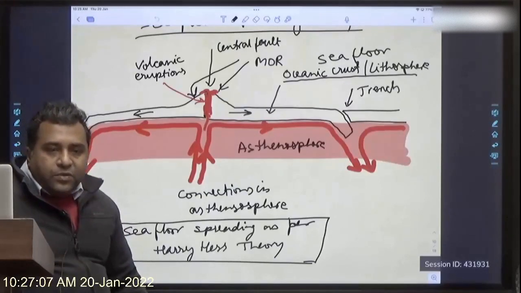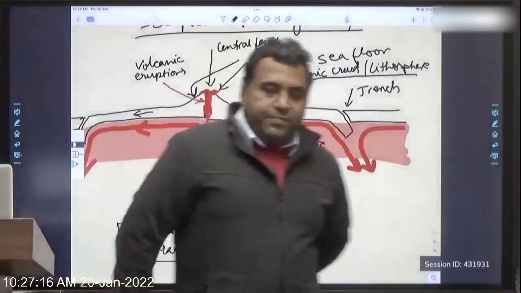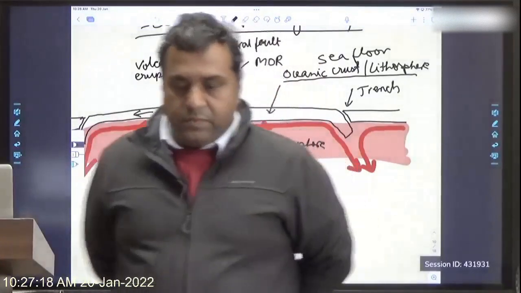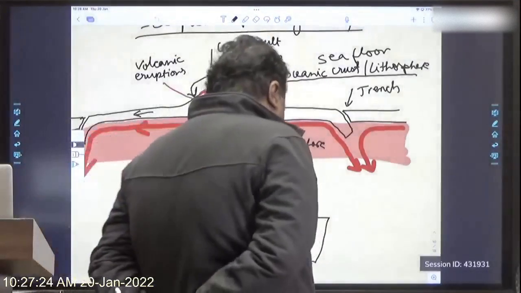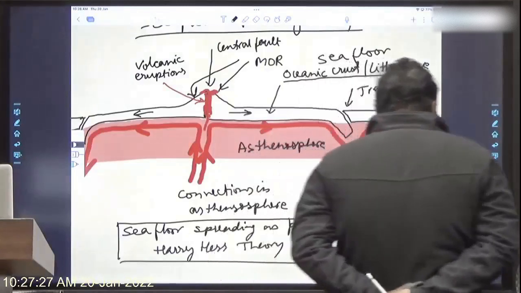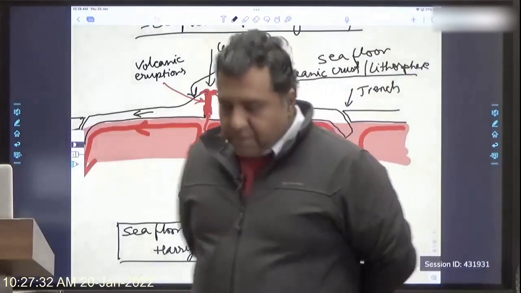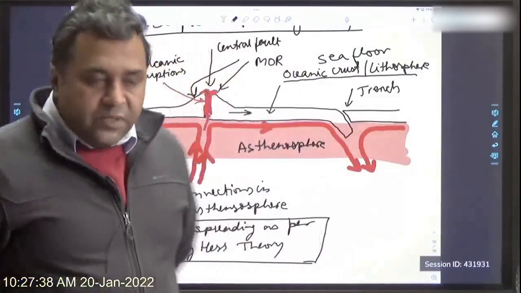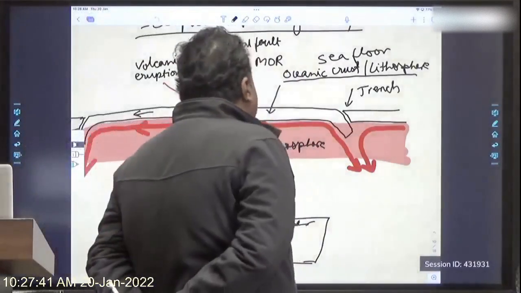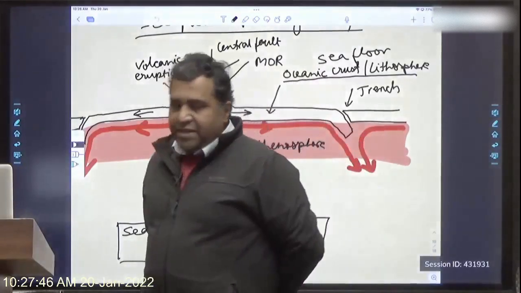So now, the ocean floor is still being created at the MOR and destroyed in the trench. Perfectly fine. Okay, so now write down. Hence, all the observations made after the Second World War about the ocean floor can be justified as per this theory,